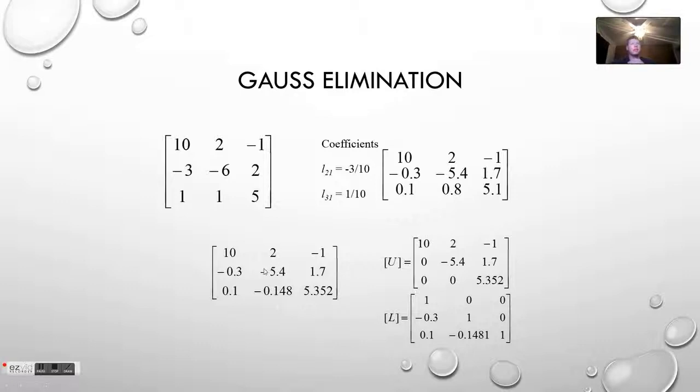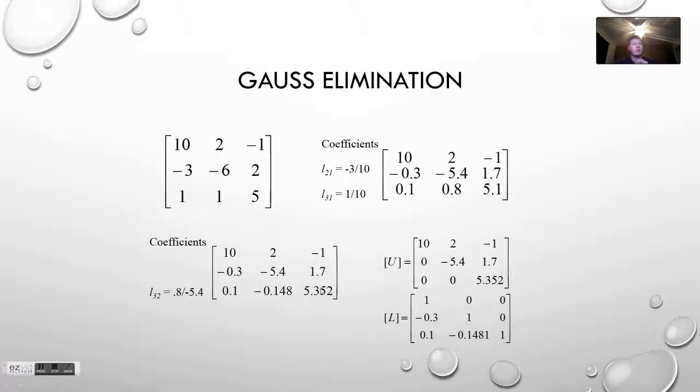What we will be solving for here is row 3, column 2. What we will again do is use what we were trying to solve for as the numerator, and then we'll be using the value above it as the denominator. We're solving for the second column, so we will use the second row, second column value for the denominator for all of these operations. Here we can see that we will multiply this row with the coefficient of 0.8 over -5.4. This will become a 0 value here, but we are again storing the coefficient we've used for that there, and we would have a value for our diagonals of 10,